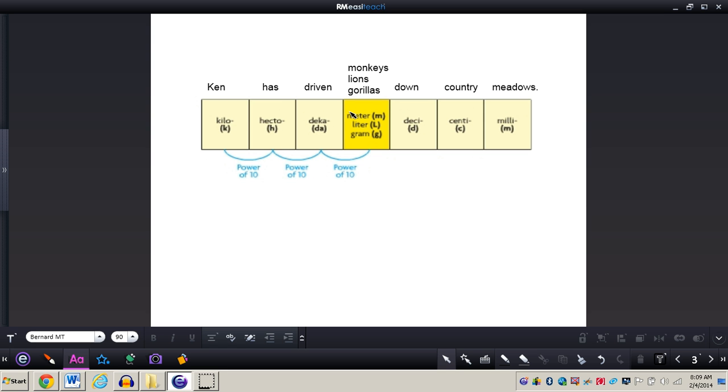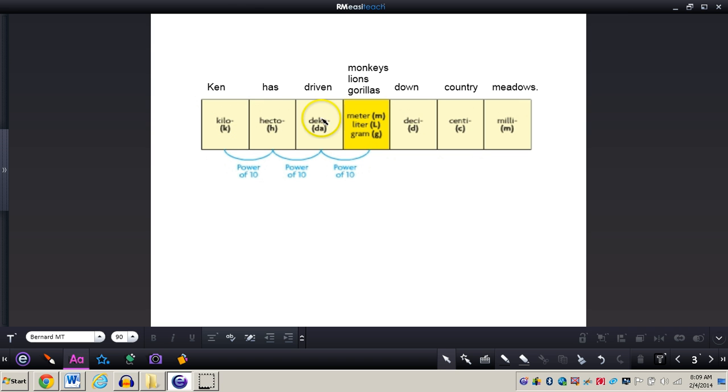Liters deals with capacity, and the capacity units of measurement for the customary units are gallons, quarts, cups, and so on. And then finally, grams in the metric system deals with weight, and in the customary units of measurement we deal with weight using tons, pounds, ounces, and so on. Okay, so it's important to understand that